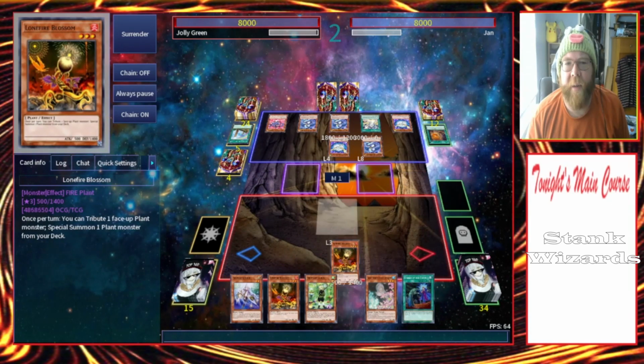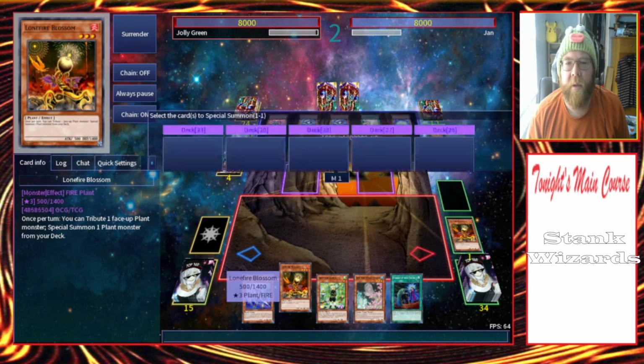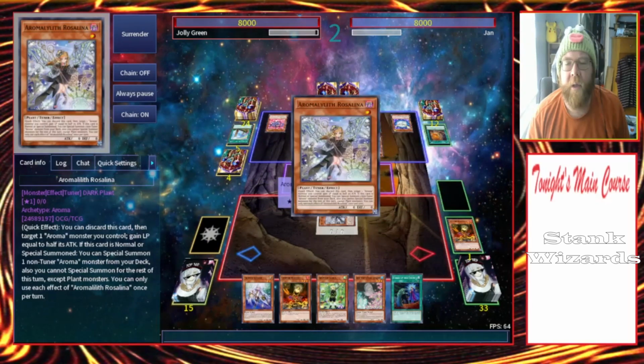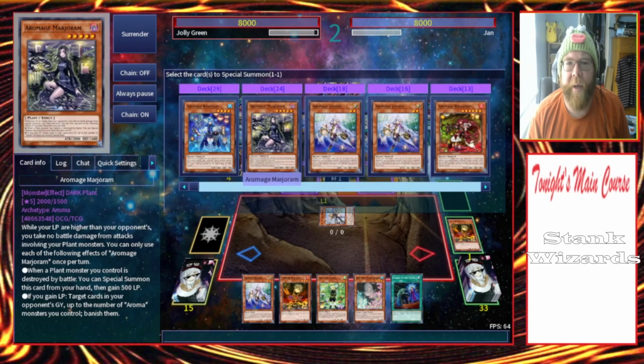Let's go ahead and summon out our Lone Fire Blossom. He can stop grave effects, but he can't stop Lone Fire. That's just how it goes. So let's go ahead and summon out Rosalina. She's a Beana. Like this beanie on my head. And we're going to go ahead and summon...